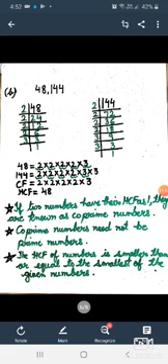Now remember 2-3 points. The first point is, if two numbers have their HCF as 1, they are known as co-prime numbers. And co-prime numbers need not be prime numbers. Any two numbers whose HCF is 1, they are said to be co-prime. It is not necessary that both the numbers should be prime numbers.